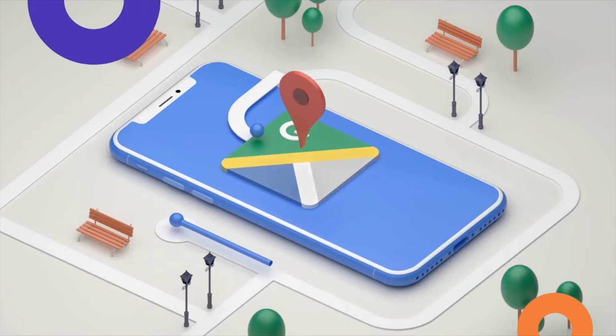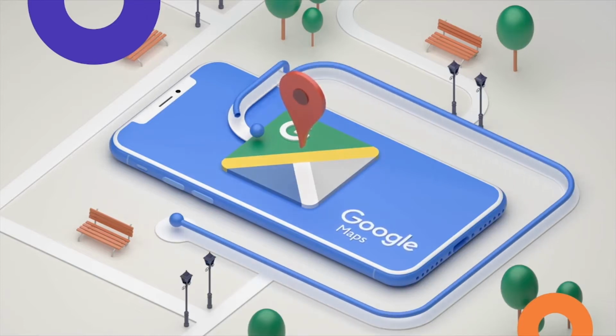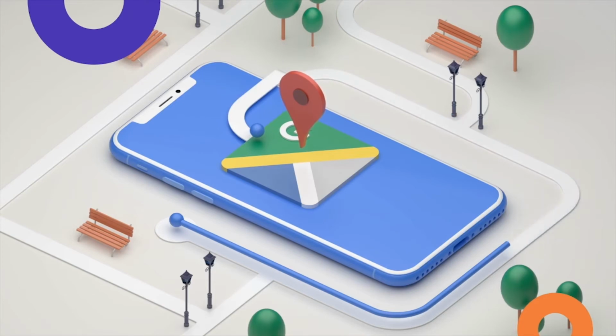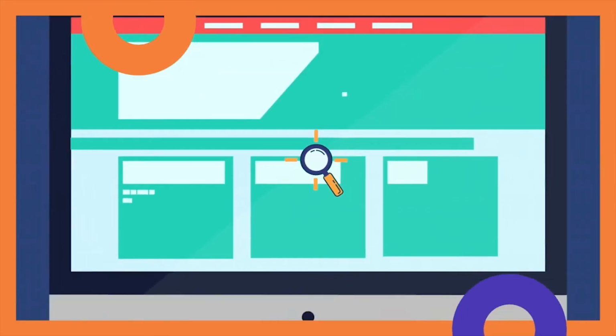A search engine wants to find the most relevant information for its searchers. For example, if a searcher is looking for San Francisco property management, the search engine is looking for the most qualified, trustworthy, and reputable companies to list first. But it can't talk to you directly, so it uses clues on your website to determine how high your website